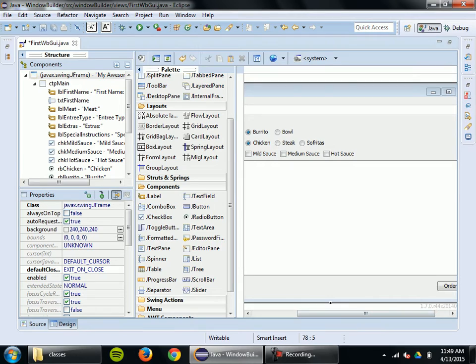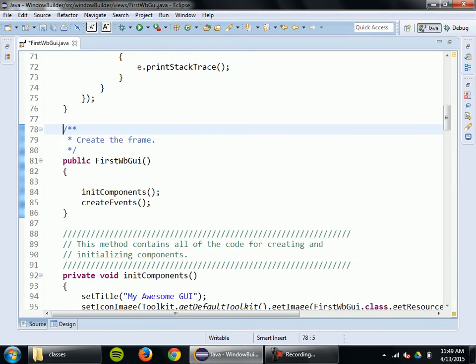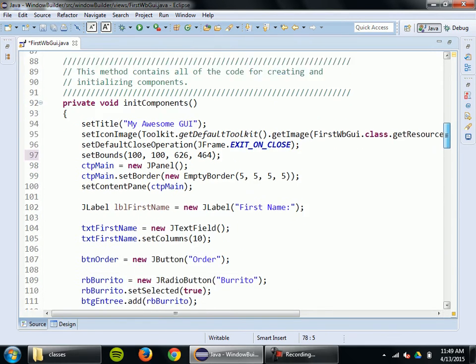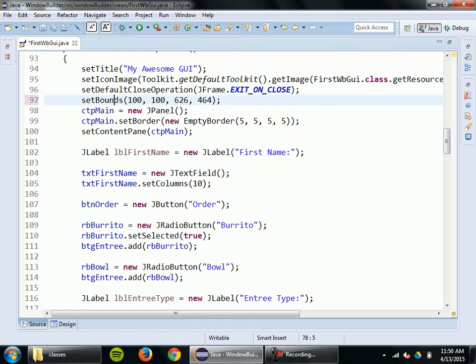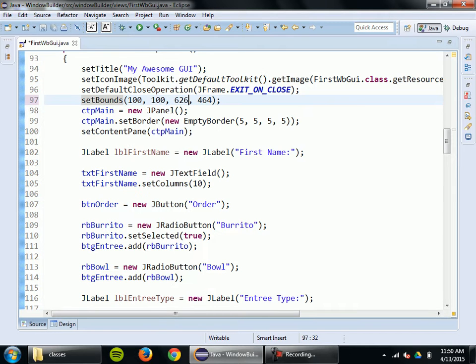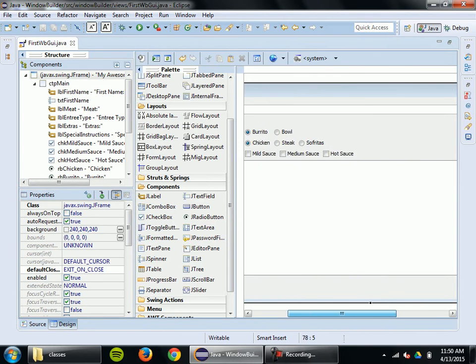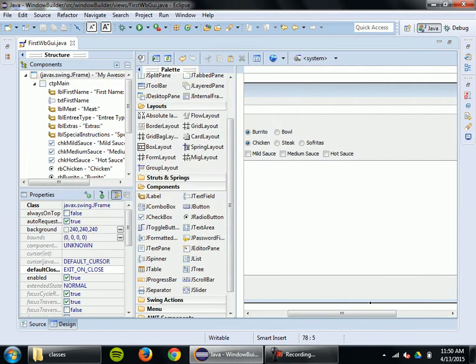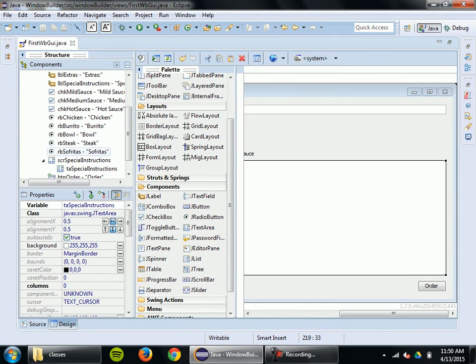I guess I could do it in the code too. Let's do that. Set size somewhere. Set bounds, there's one. So maybe this right here, if we hover over it, tells you the width and the height. So for the width, let's just make this like 800 or something. Now when I go to reparse it, it'll draw it much wider. All right, so what I want to do here is show you, before I go ahead and resize this,